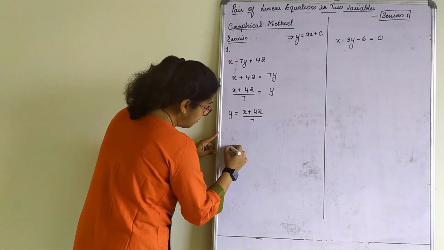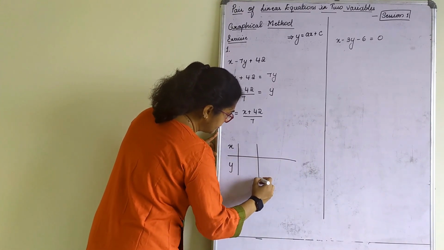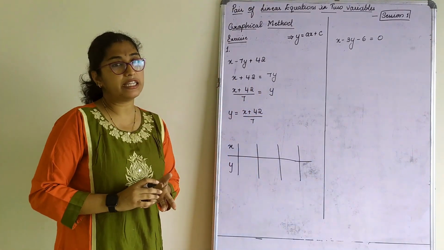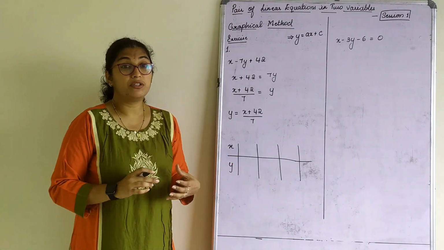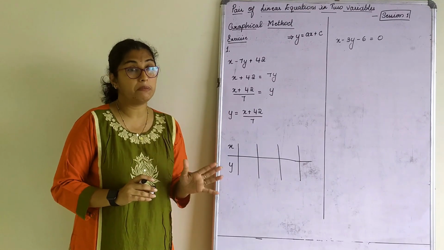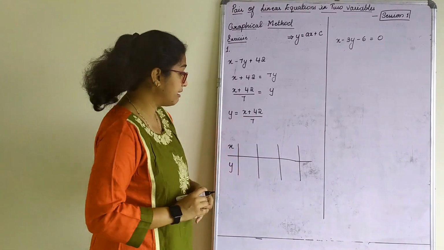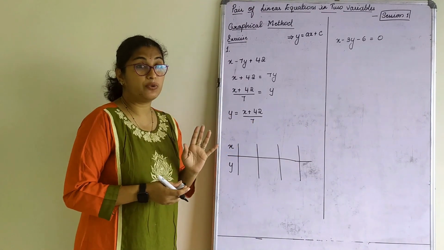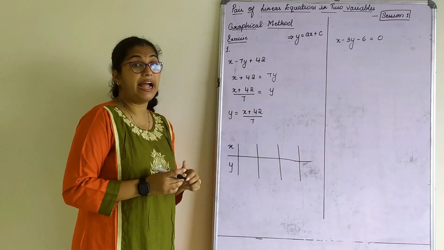So we require a tabular column neatly done, x and y. How many values are important? See, depending on the graph, I always suggest having a minimum of 3 to 4 values. Usually I suggest 5 values because you can easily draw the graph, but a minimum of 3 values is a must, not below that. So 3 to 4 values you need to have to draw the graph correctly. Try to give a value in such a way that you will not get the y value in fraction. The numbers should be divisible by 7, such numbers only we will take when we add with this.